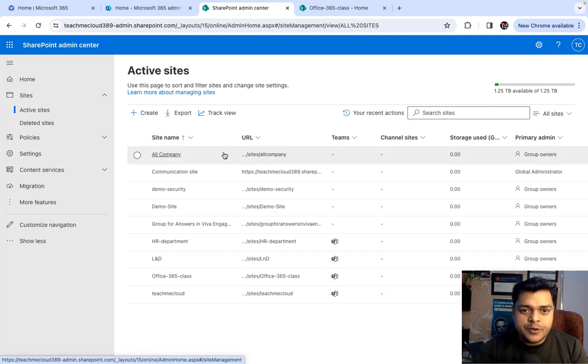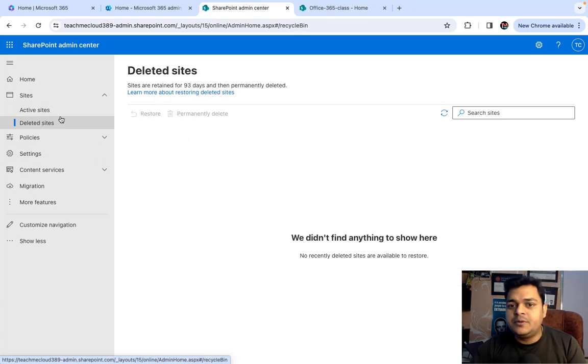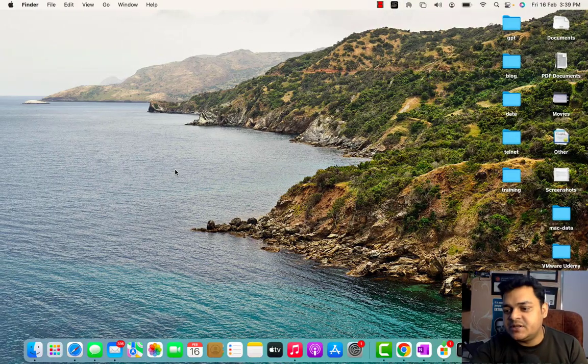Now another important part, multiple options are available: you can create a new site, export sites, and track views, meaning how many users are trying to log in and see the data that you uploaded. So you can also check with the help of track views. The meaning of deleted sites, as the name suggests, is based on